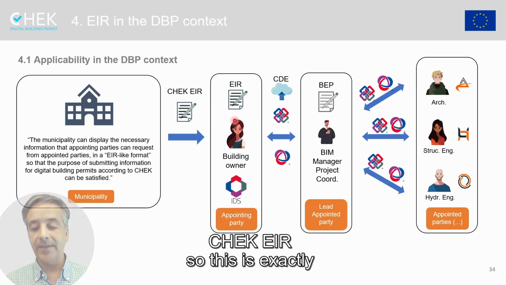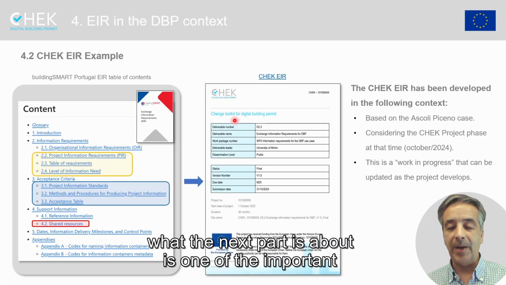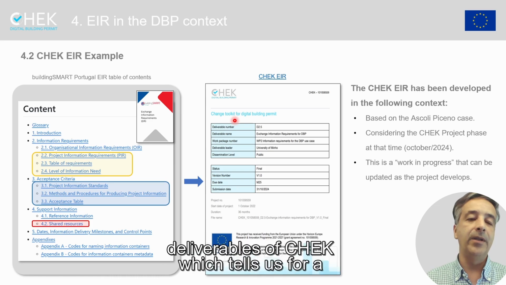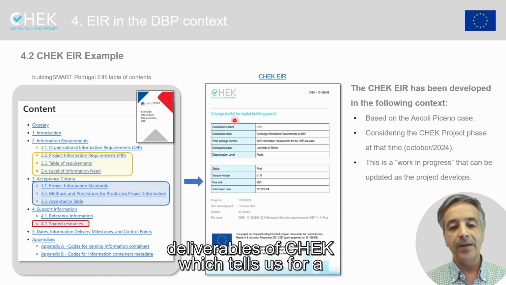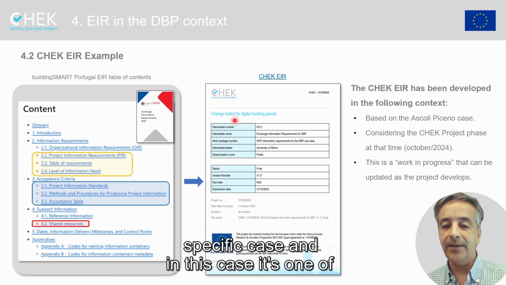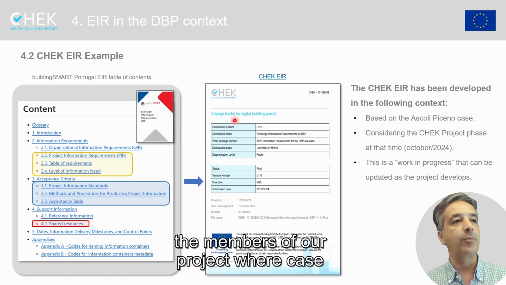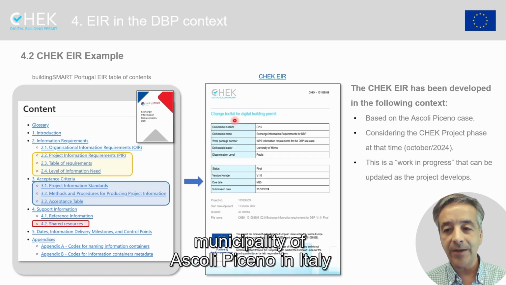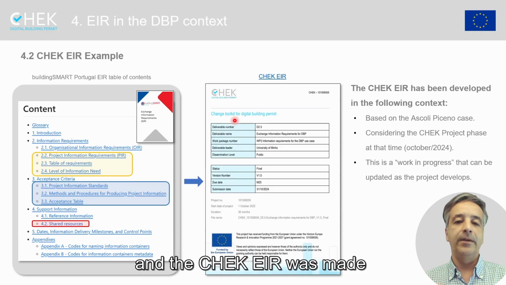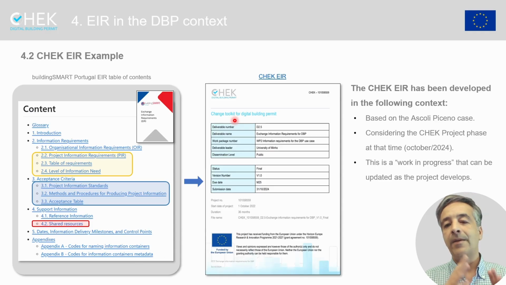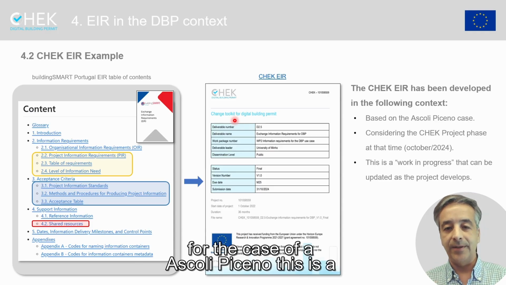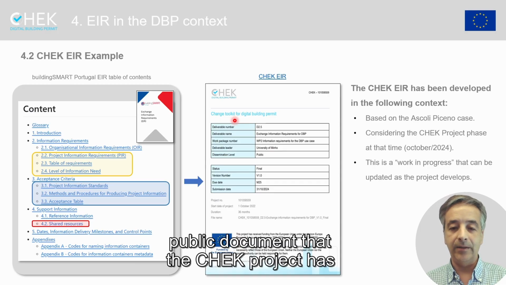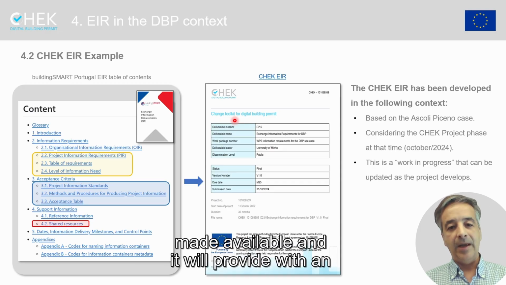So this is exactly what the next part is about: one of the important deliverables of CHEK, which tells us for a specific case, and in this case it's one of the members of our project where case studies are being made, which is the municipality of Ascoli Piceno in Italy, and the CHEK EIR was made for the case of Ascoli Piceno. This is a public document that the CHEK project has made available,